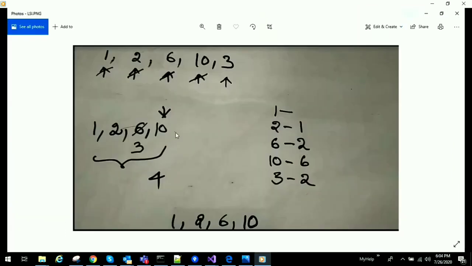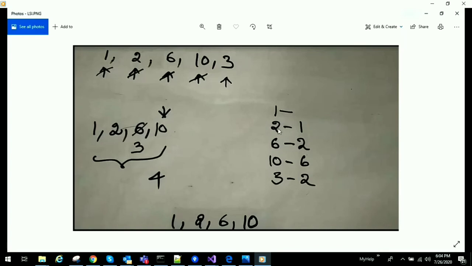If we want to know all the elements in the longest increasing subsequence, how do we do it? We take the last element from the array, and then we check after which element 10 has come, that is 6, and then we check after which element 6 has come, that is 2, and we take 2, and then we check 2 has come after which element, that is 1, and again we take 1 and we check after which 1 has come, because 1 is the starting element. It has come from nothing, and in this case we have taken a large negative value.